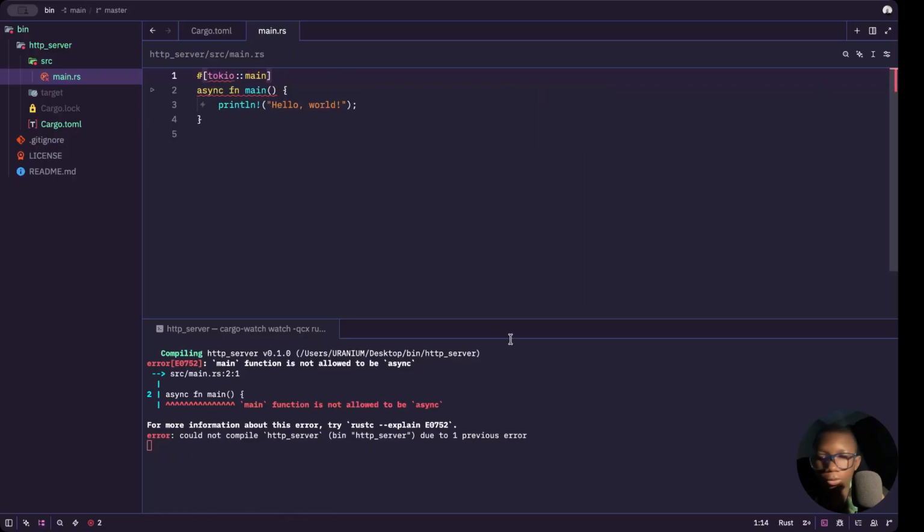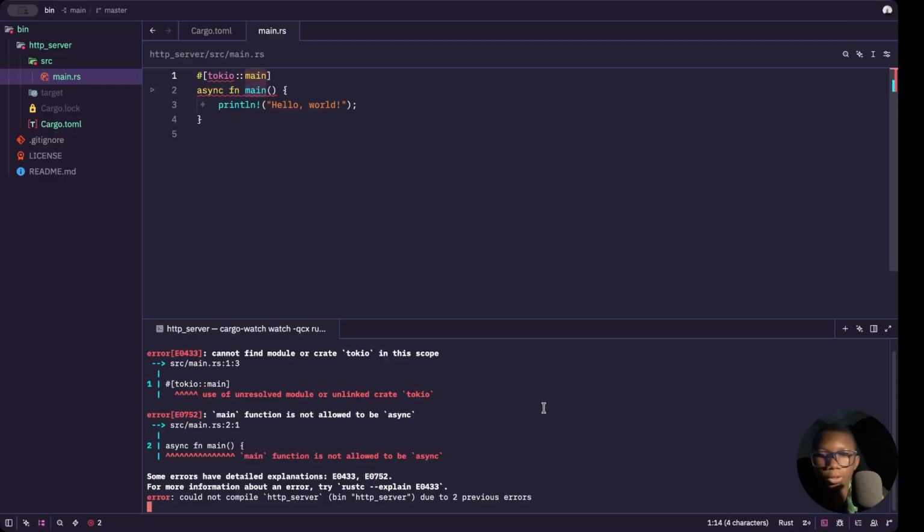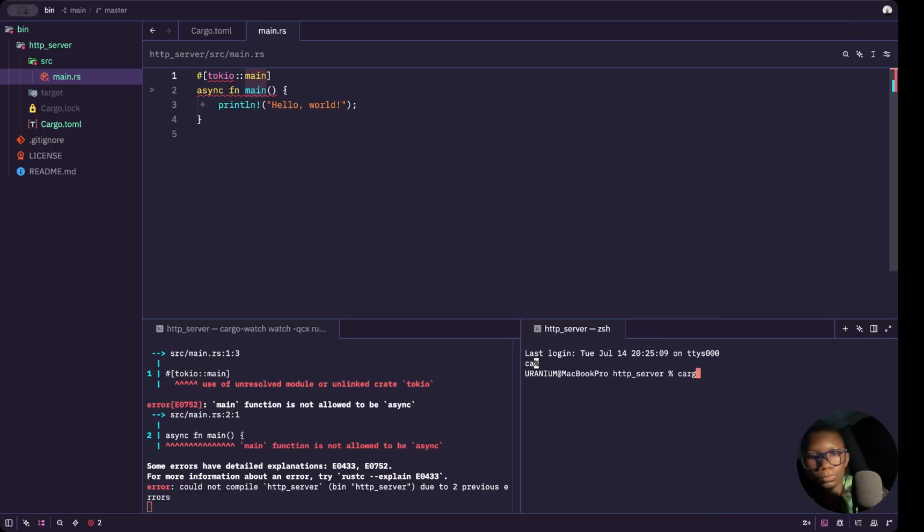So yeah, I'm gonna add a new cargo add Axum itself, Axum, and then Tokio. I'm gonna add the full Tokio feature,